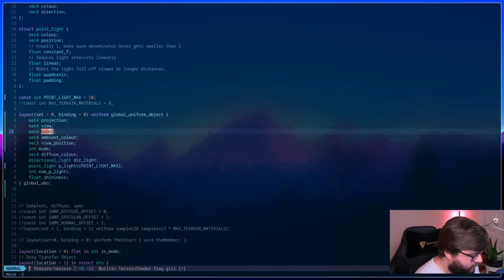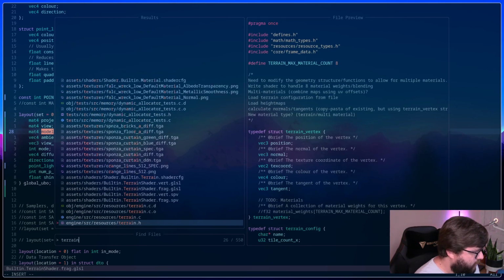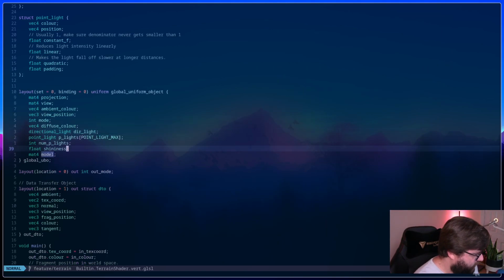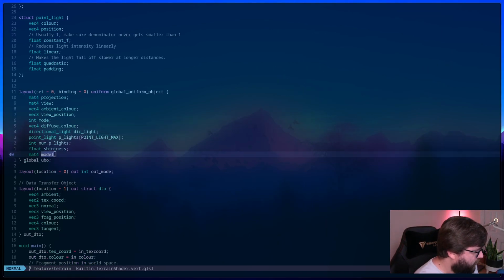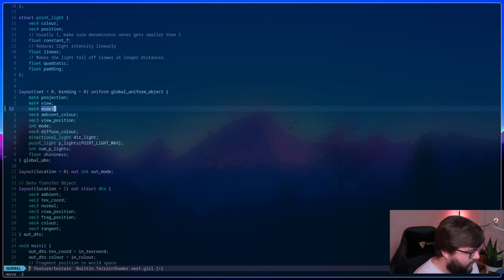So maybe if I do that and the vertex shader, do the same thing. Right there. Just change the layout of it.